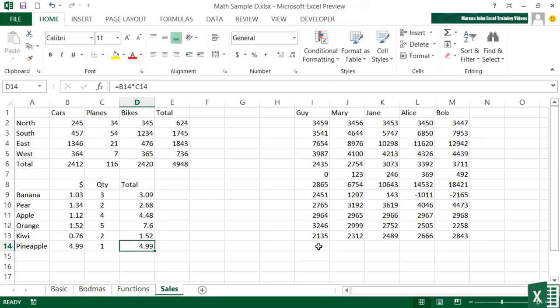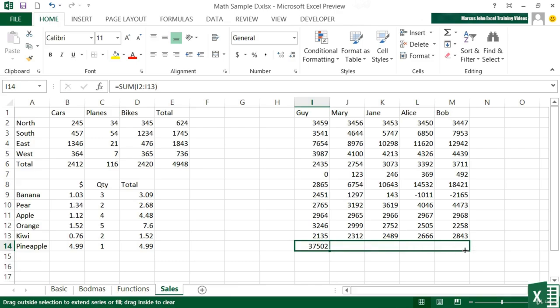We could do it over here. I want to add this column up. We know we could do that with AutoSum. That puts the right formula in. And then another way of copying, as we saw earlier, was to use the fill handle. Now if I do that with a formula, so I take that little corner there, drag to the right as far as I need to go, and let go,